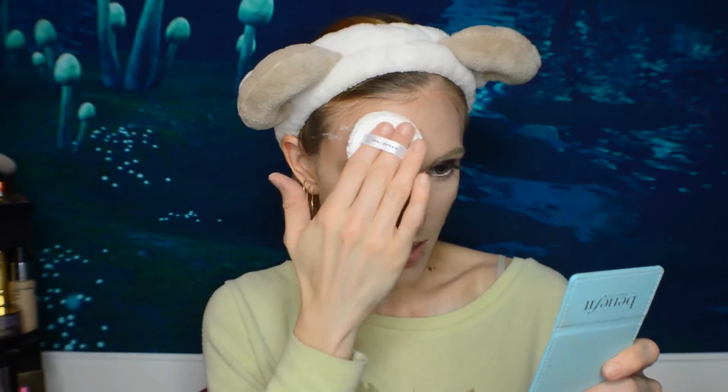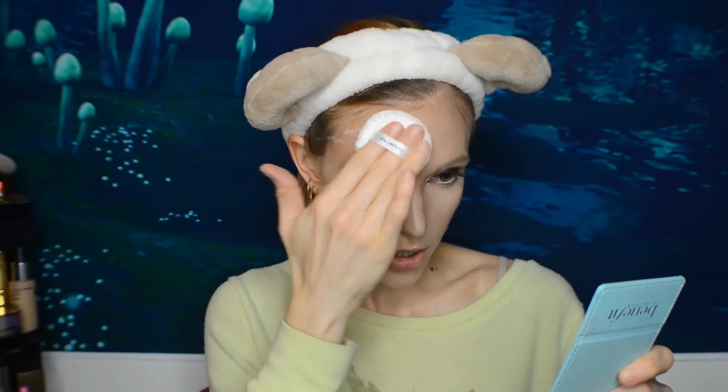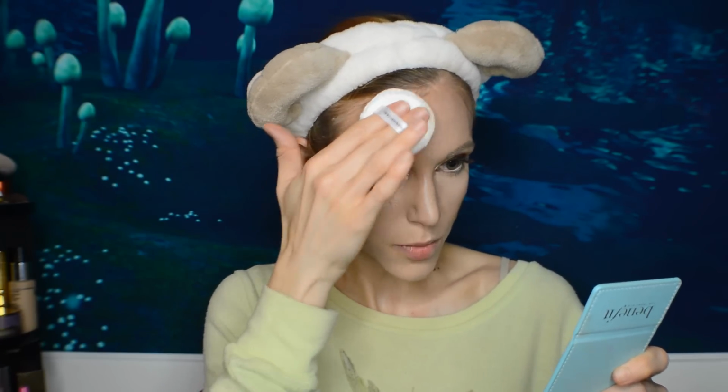So I'm just rolling this powder puff along my face. The thing is, I'm not really using a tremendously large amount of powder. I'm just using a small amount, enough to set everything into place. To keep the rest of this video as consistent as possible, I've applied the Becca Lilac Geode and the Benefit